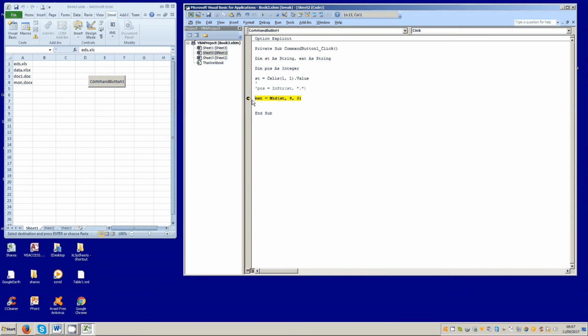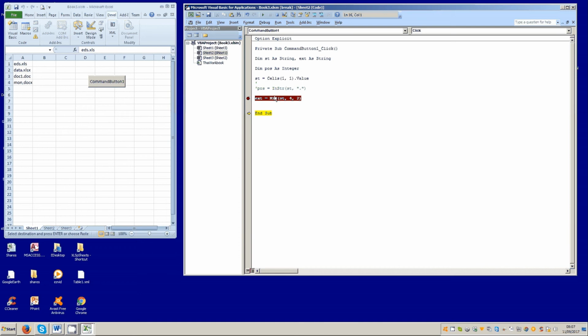It starts at position 4, which is the full stop, and takes the next two characters. The next two characters, can you see what they're going to be? Let's just single step by F8, and then that will give us, what does that give us? It gives us .x, so it takes the two characters from there. Right, well,